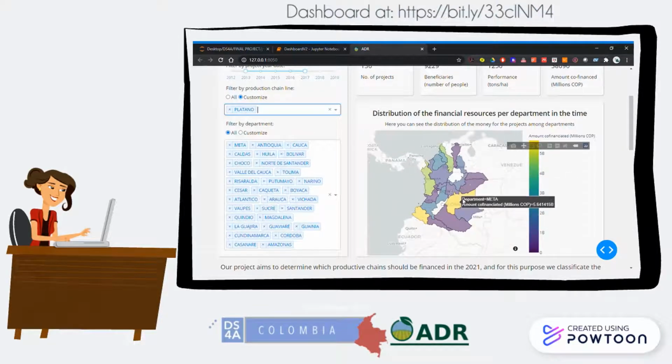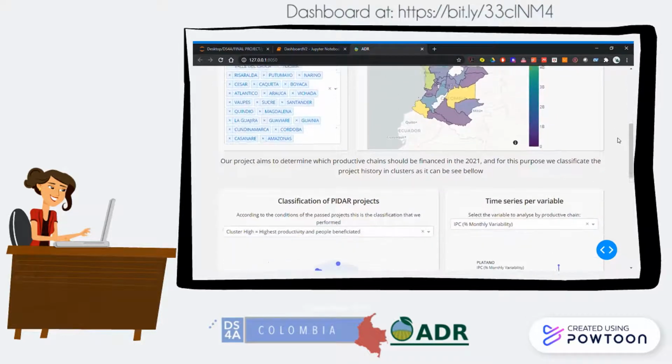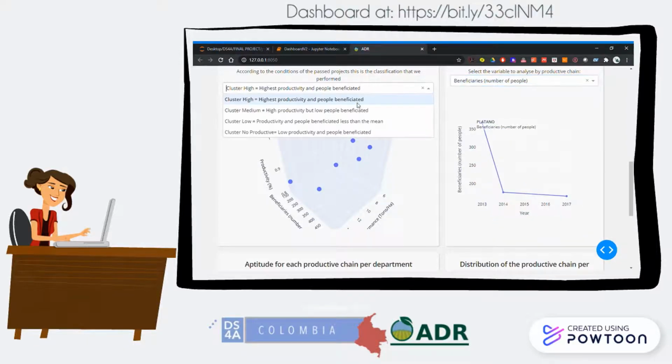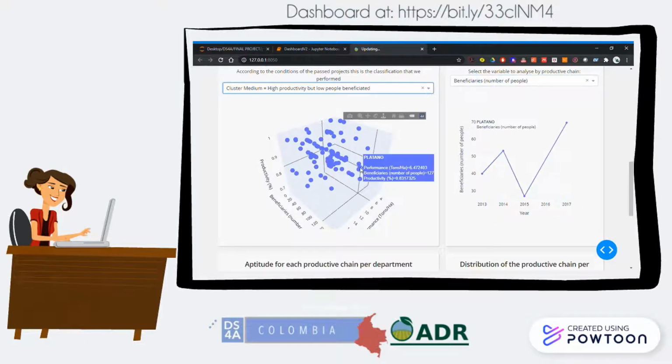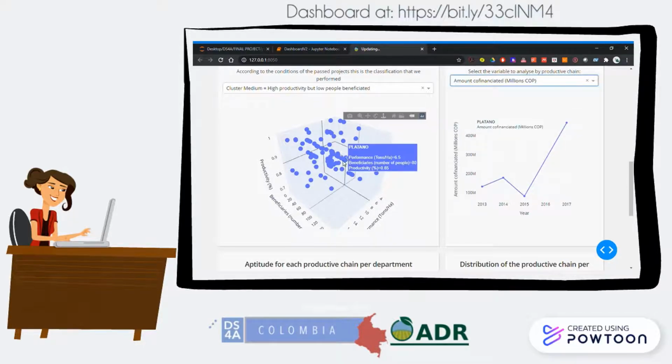You're now seeing a demo of the dashboard, and what we really like the most is that it gives the user the opportunity to understand the cluster. A user can pick a cluster and evaluate all the variables that are within that cluster. So it is a really practical and informative way to show our results.